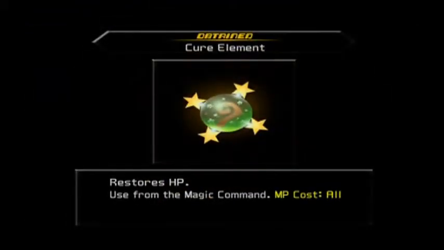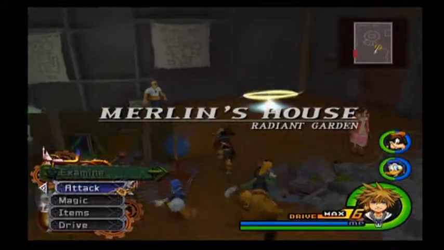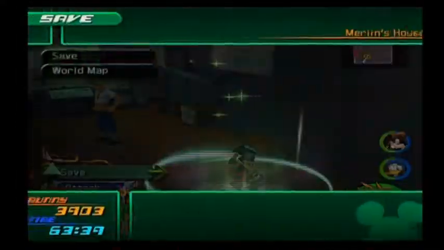So that's the end of the 100 Acre Wood. And that gives us not only the Cure element, but the Orichalcum Plus, which is another one of the ones that we were missing. Okay, so I think there's a couple things we need to do now. Just waiting for the game to gradually come back. There's actually a number of things we need to do now, but first and foremost, I'm going to jump to the world map,